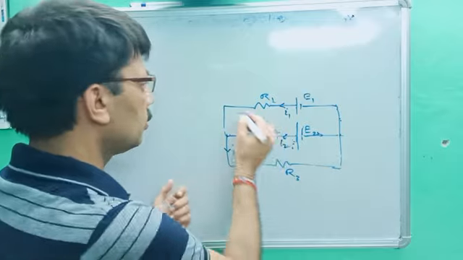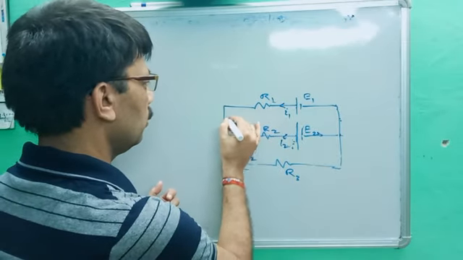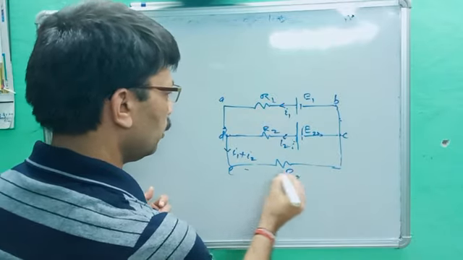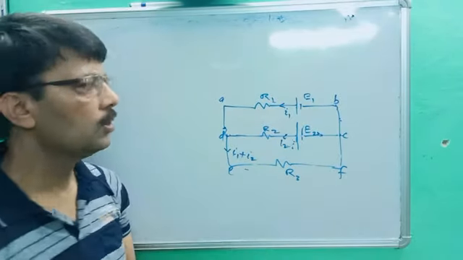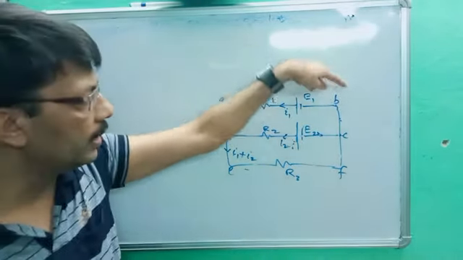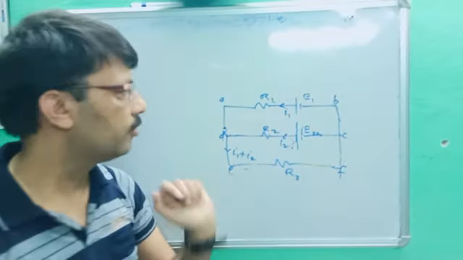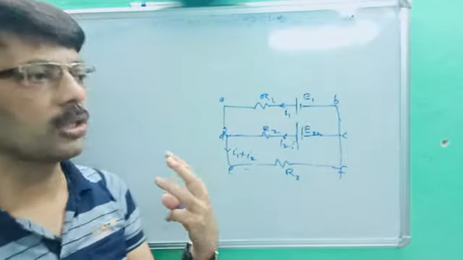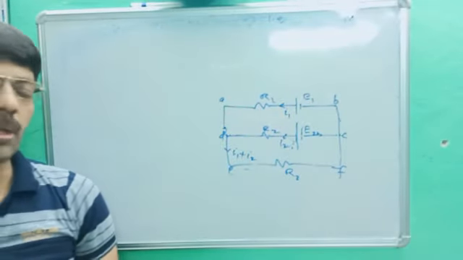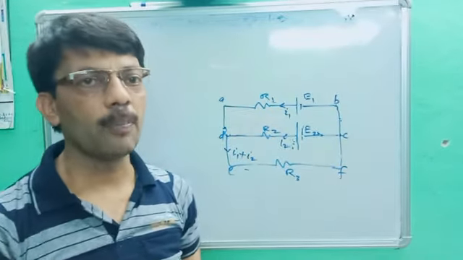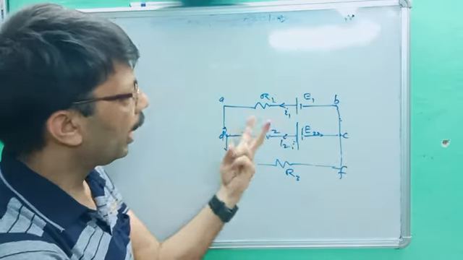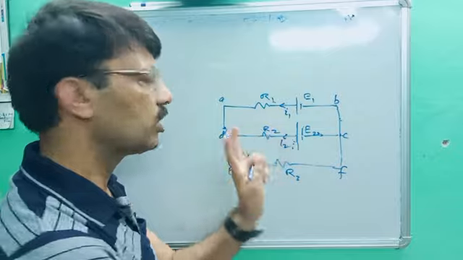I told you earlier. So let's suppose the loop is A, B, C, D, E, F. You can assume any loop. So here we can form three loops. To solve the whole numerical, you first have to apply Kirchhoff's second law and make the proper equation. For the two currents I1 and I2, you need two equations. So two equations are sufficient for you.